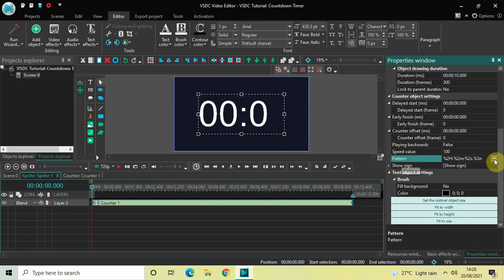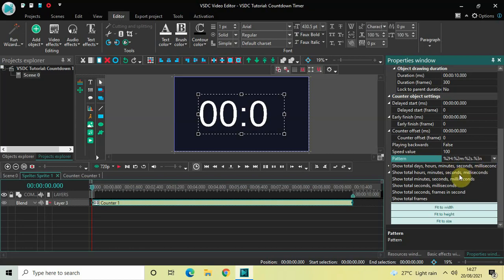So click on this drop down list, and from here you can decide what you want the audience to see, whether you want just seconds and milliseconds, or minutes, seconds, milliseconds, or hours, minutes, seconds, milliseconds, or if you want, you can also select days, hours, minutes, seconds, and milliseconds.